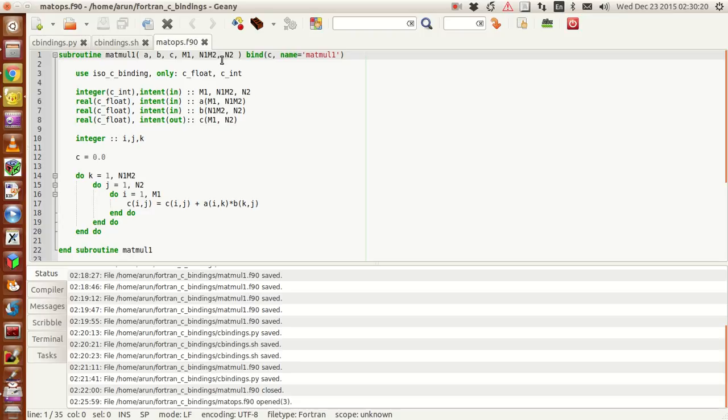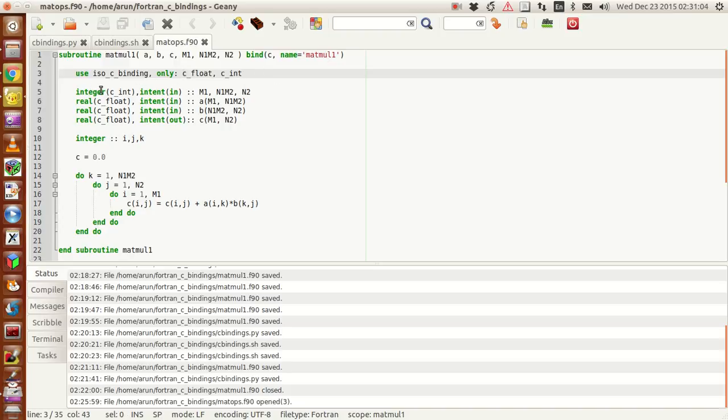Okay. Now what I've done is that I've included, I'll explain this part a little later, all the 6 variables, and there is this ISO_C_BINDING in Fortran, which can be used to invoke C procedures, or that can be used to make Fortran files accessible in C with a little bit of adjustments. You can use ISO C bindings. I've included that module, and in that I'm including C float and C integers. Now what I've done is that I've included m1 and I'm just